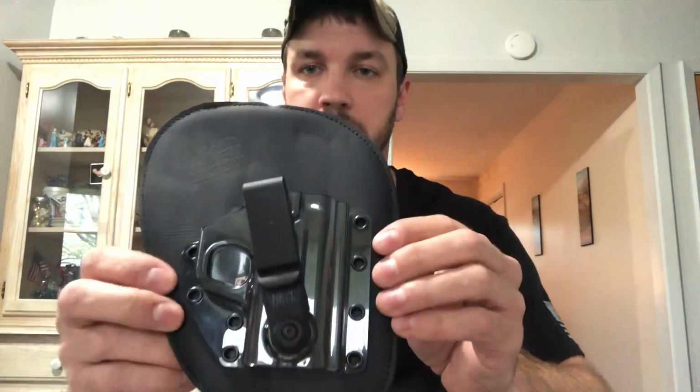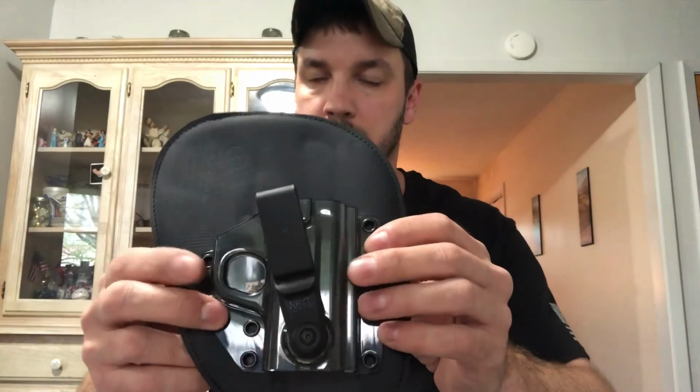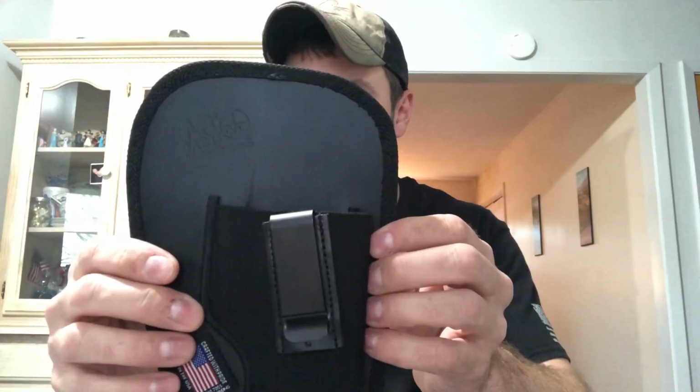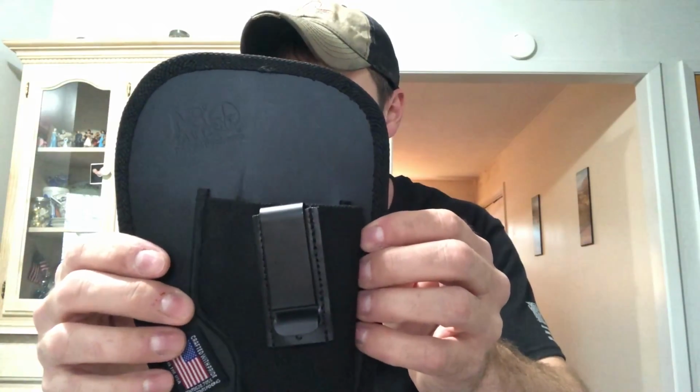These are a couple of great guys named Nate and Nate, hence the Suede Tactical. They sent me a couple of holsters. One is the Professional. As you can see here, it has the polycarbonate front molding, specific to each firearm, and the suede backing. And then you have the original compact, which has a